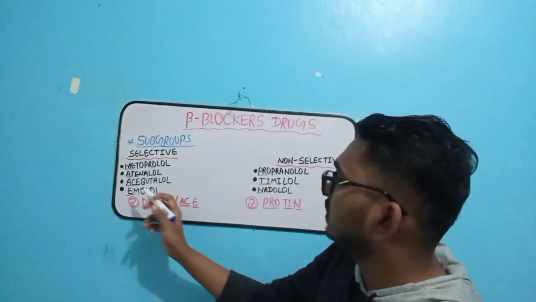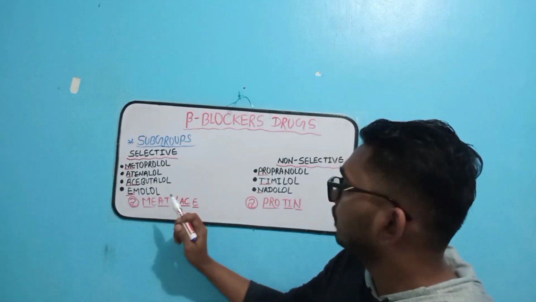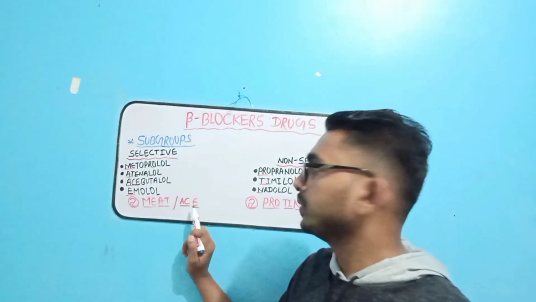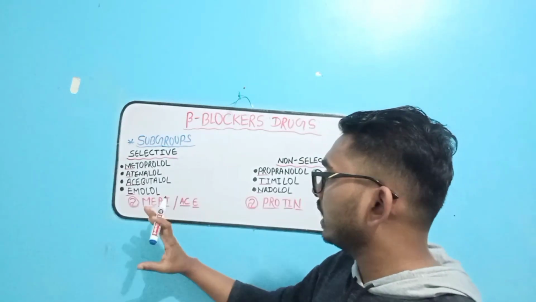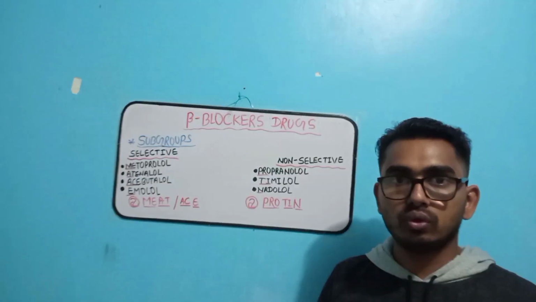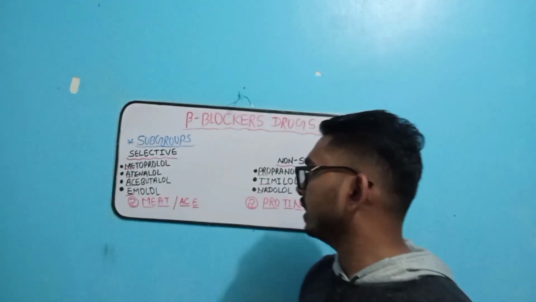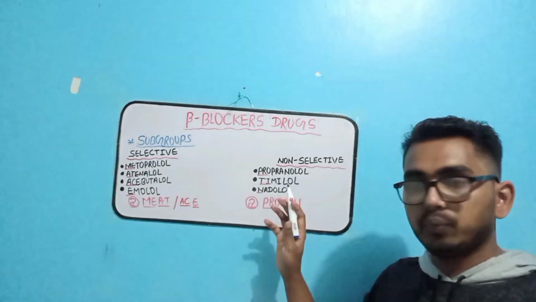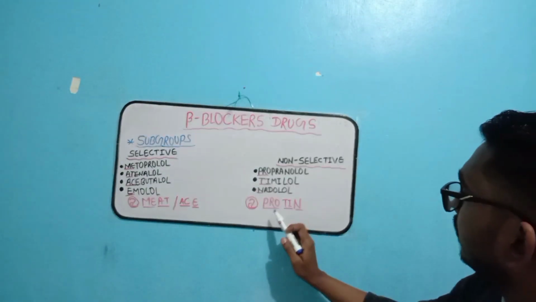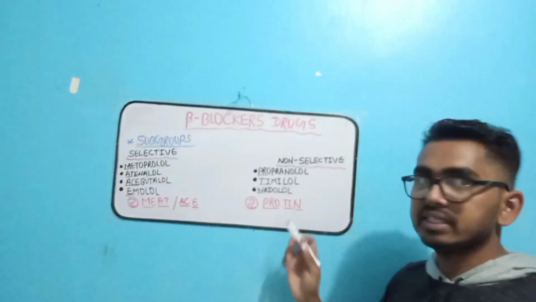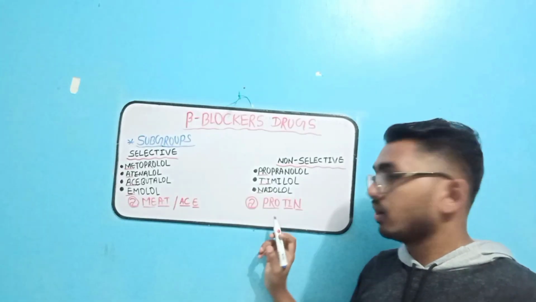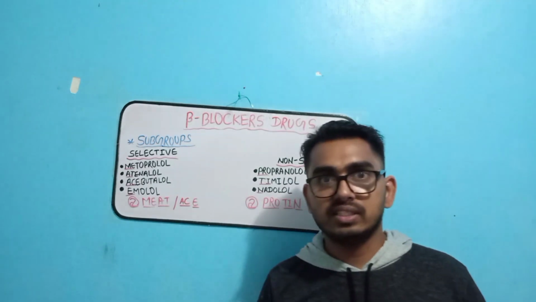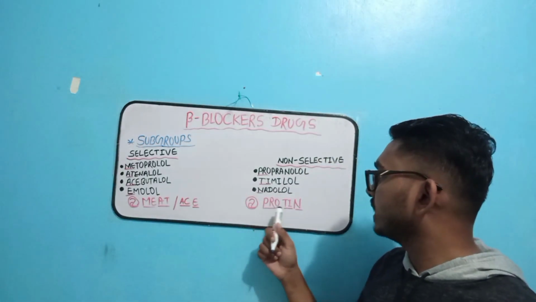If you want to memorize the other two drugs also, I use the mnemonic of angiotensin converting enzyme, ACE. So at least we can memorize them for our exam, and we will not get confused during our exam. For the non-selective, there is PROTEIN. We can memorize it as protein. The spelling is wrong, but for the mnemonic we have to memorize it, so it will help in our exam.